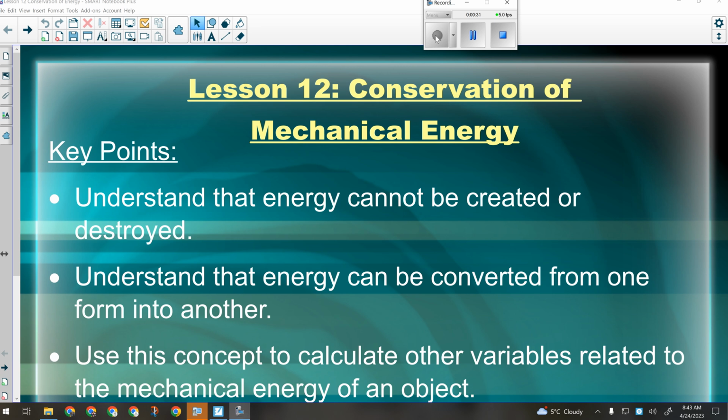Okay, if you're remembering problems that you would have done to do with this, they would have been like roller coaster questions or people going down hills on sleds and things like that. Okay, the difference between a law of conservation of energy problem or situation versus a work energy theorem situation is this. In a work energy theorem situation,